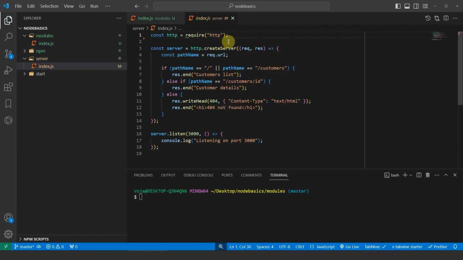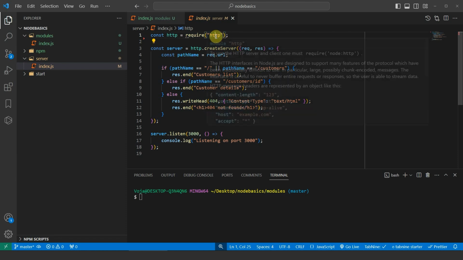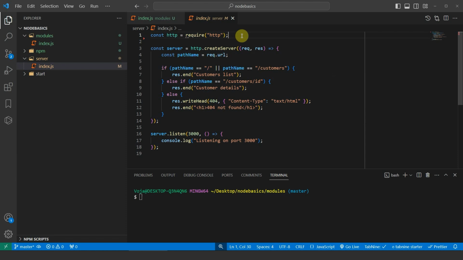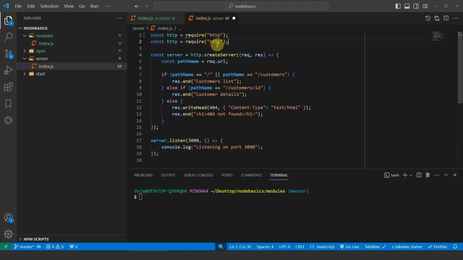So Node is going to look for a core module first of all, such as HTTP or the FS one we also used. Then it's going to look for a developer module if this one doesn't exist, which would be something like dot or two dots, let's say two dots and one folder up, so for example lib and controllers. So this would be a developer module, meaning one we created ourselves,